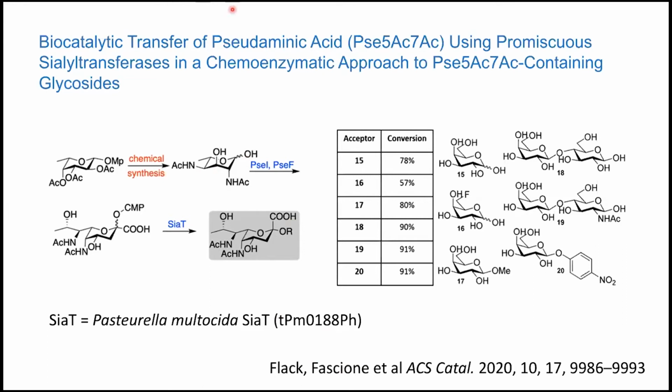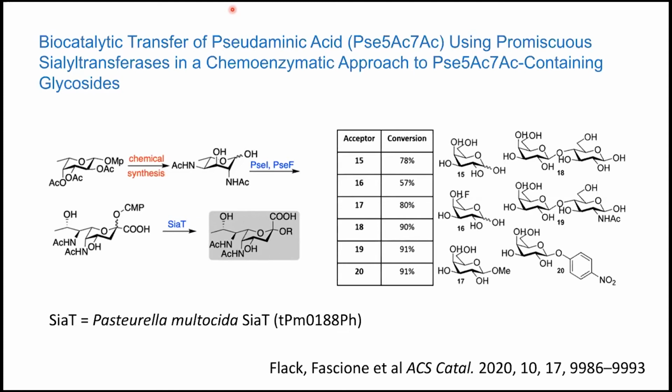My pointer does not work terribly well here. So in the gray box, you can see the structure of this pseudaminic acid, and those of you familiar with sialic acid particularly recognize that the side chain is quite different to that of sialic acids. And what we find is when we screen the whole panel of sialyltransferases which we had in the group, and again, these are bacterial sialyltransferases, we can actually identify 4 that were able to take the CMP pseudaminic acid donor as a substrate rather than CMP sialic acid, and in particular this Pasteurella